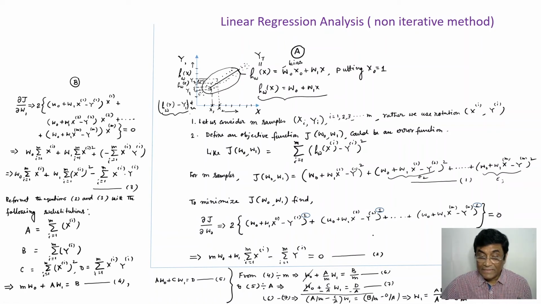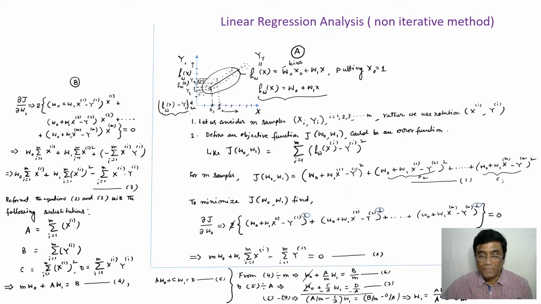So you are getting this, and then you see what you can collect. Now simplify it. For each sample, these are the values. So 2 cancels out because divided by 2, 0 divided by 2 is 0. Now W0, how many W0s do you have? For each sample you have 1. So you have m number of samples, 1, 2, 3, 4, m. So m times W0